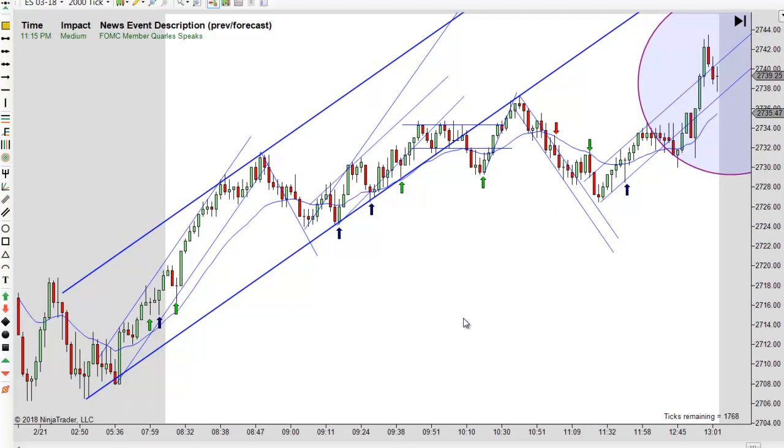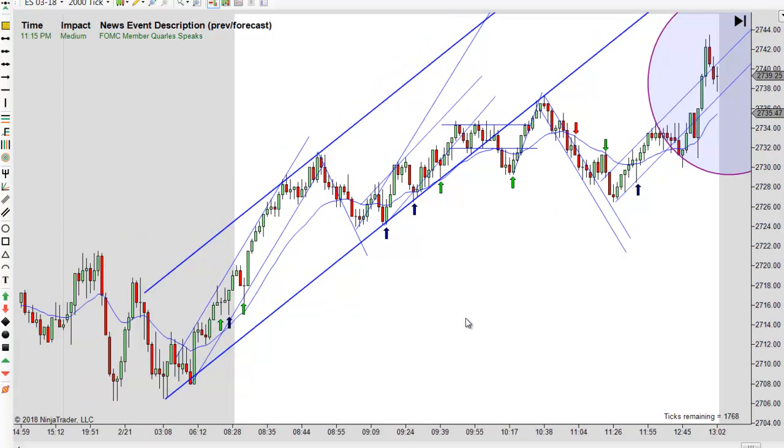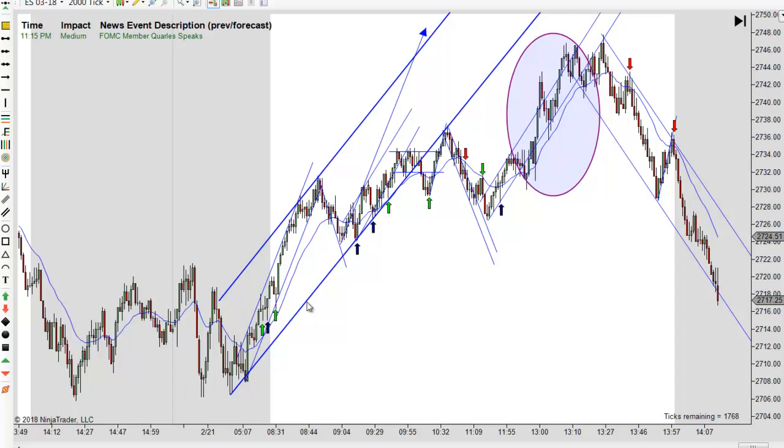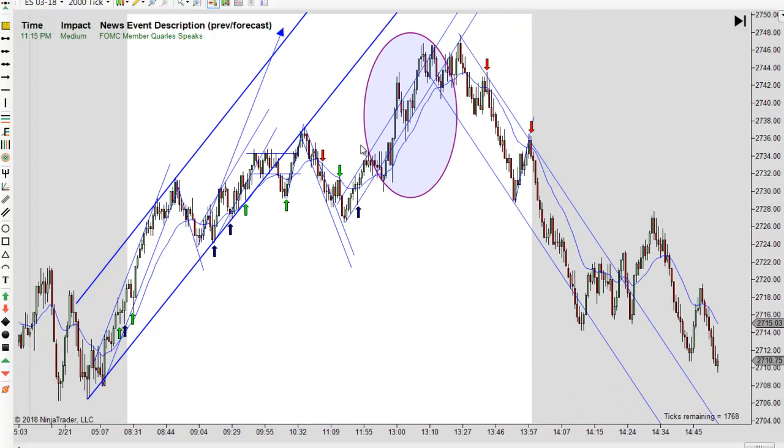But let's back out a little more and talk about the trade. Well, actually, let me show you one more thing. We had some shorter term stuff in here, but we had a nice channel working up here. We had a break, move to a new high. Then we had a little trend working down, a break, move to a new low, and then we started higher again. This is where the news came out. And you just want to be flat then. And then we finally kind of worked sideways a little bit, and then we started working lower.